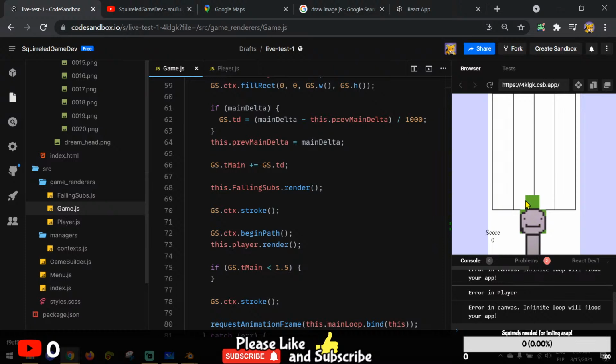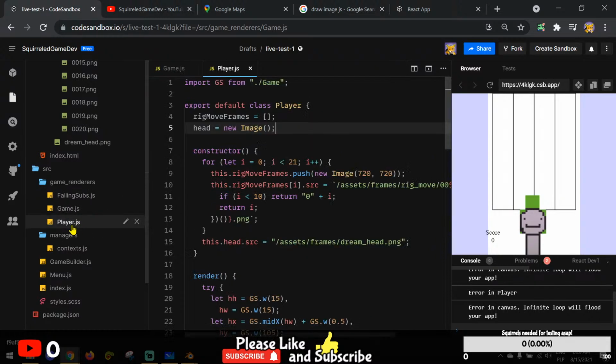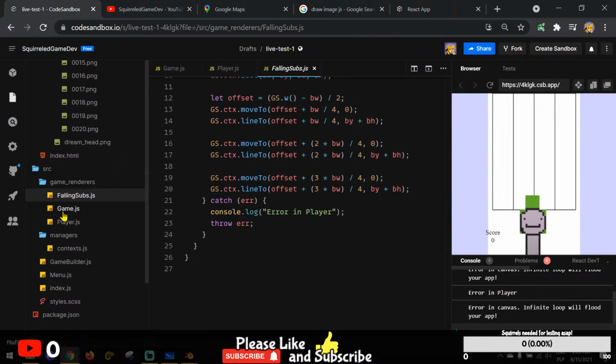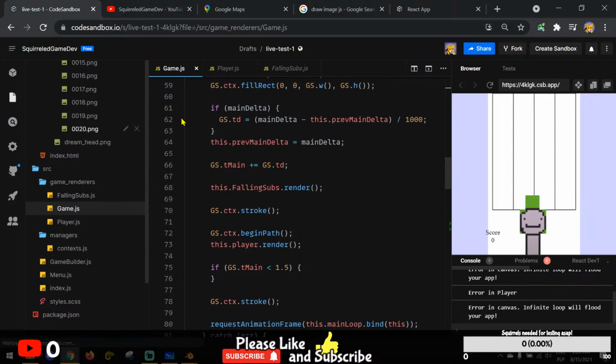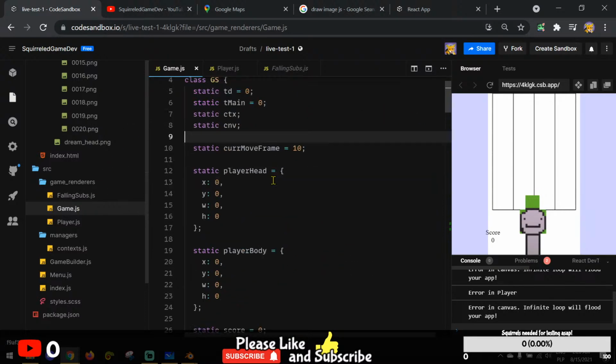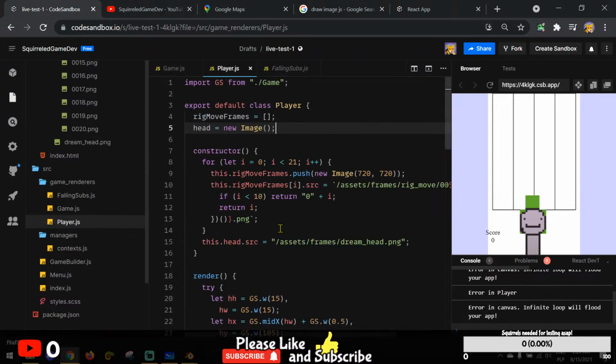All the variables are in the game class, not in the player, and this variable, we can't change it, it's inaccessible in the game class. We need to make it accessible, so that's why we made a static player,